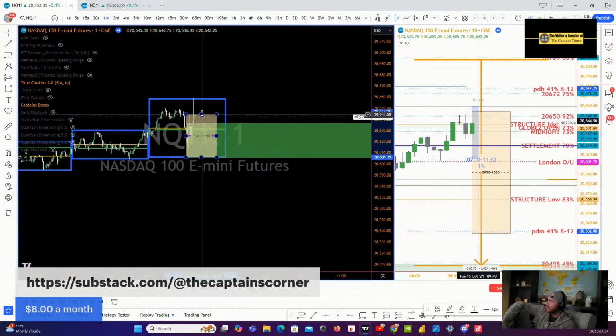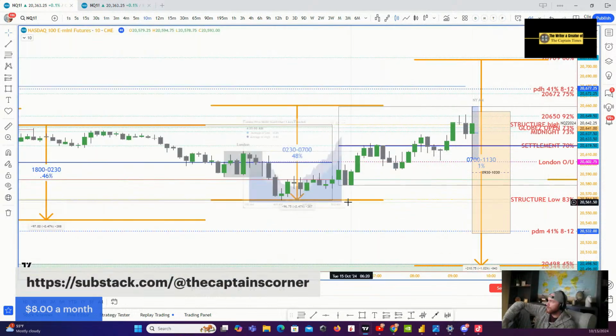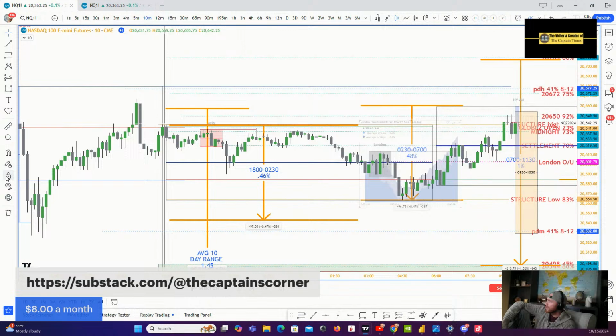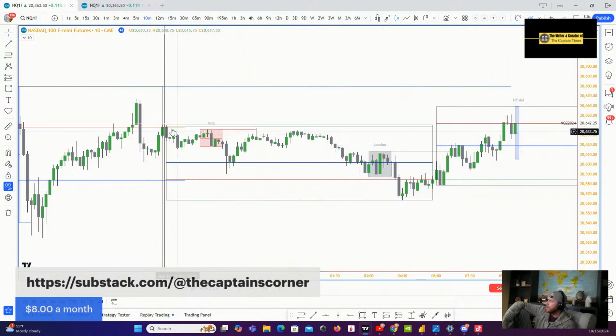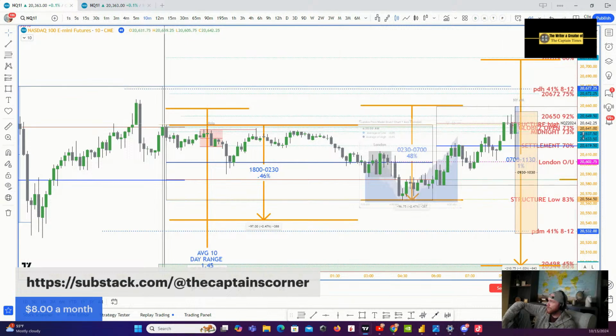We'll continue drawing our range. We're above the 9:30 price. We've taken out structure high. Let's talk about structure high. So erasing, we're hiding data, right? This is from 1800 to 06. This is the Globex session, the overnight session. This is the overnight high. This is the overnight low. This is the overnight midpoint. We already knew that we were heading to take that out. We already took it out, right? You already had a probability of being taken out, and that probability was,